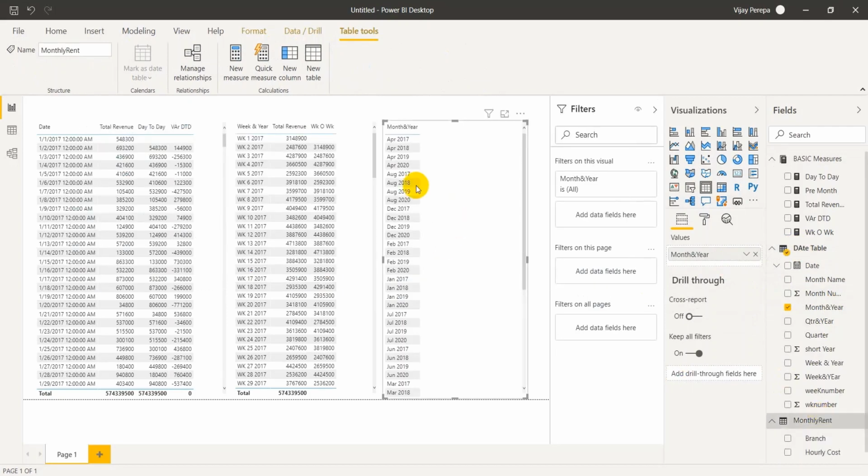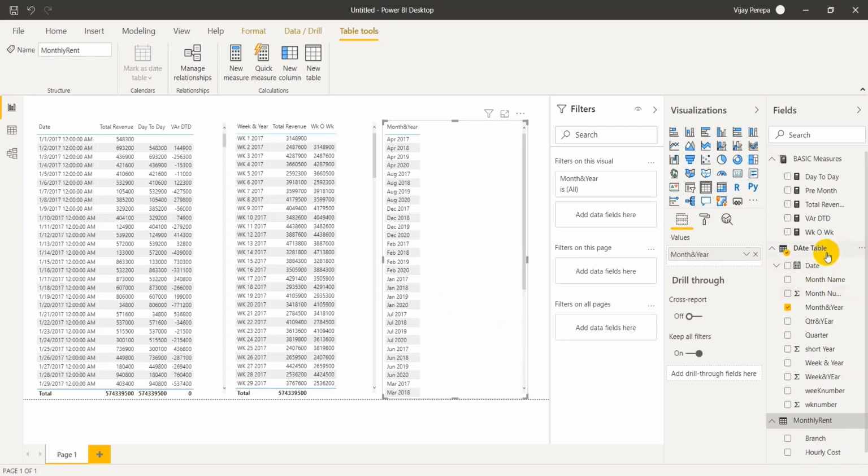Now this is starting from April 2017 and it is adding all Aprils, like 17, 18, 19 and 20 and so on. And even it is not starting with January. I require Jan 2017, Feb 2017 and so on. For that I need to create another numeric column which can control this column by sorting.